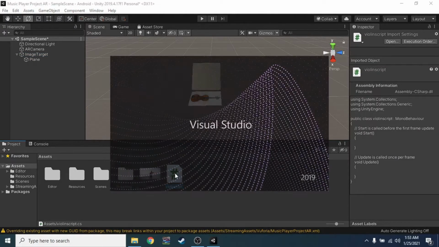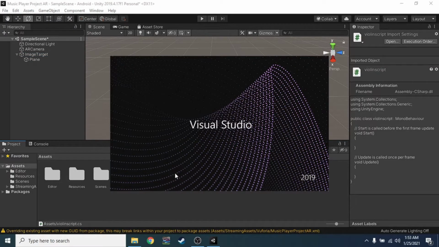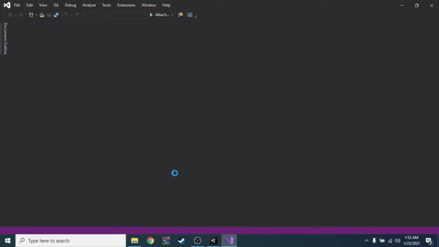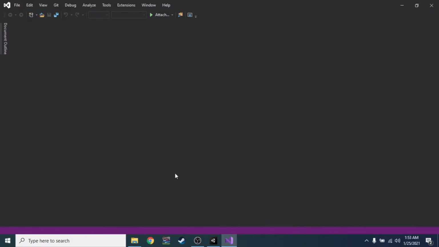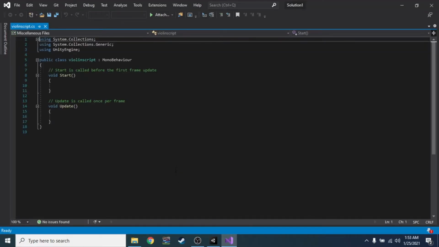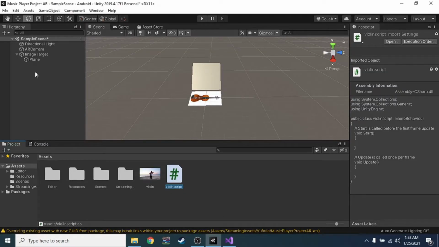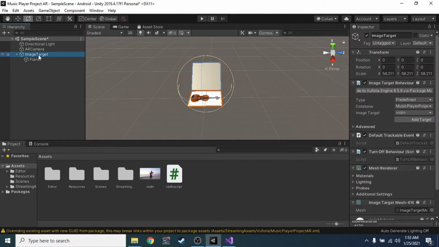Okay, we open the script that we want to change, the violin script. We can see this is a new script. Then the default script at the image target, we need to open it also. The default trackable event, we need to open.